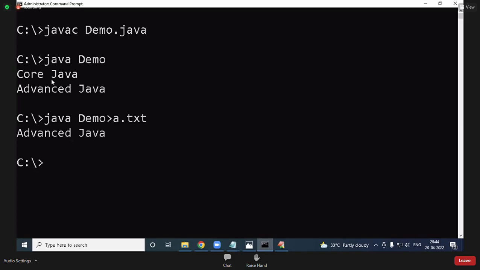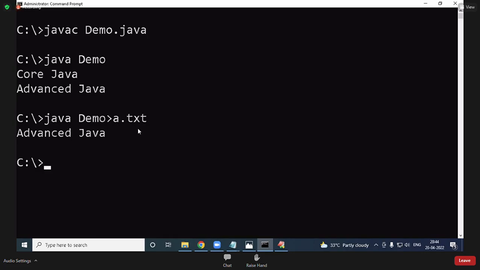Now, whatever output you are getting every day from the programs we are running, will that output be there temporarily or permanently? Temporary. Once you close this window, it vanishes. Okay. If you want to store output permanently, we can use this operator. Then this output is permanently stored in a file, the a.txt file.